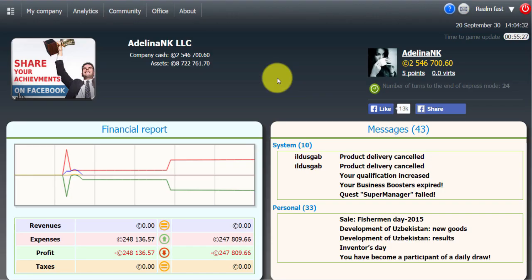Welcome to our business simulation. This is what you will see when accessing here. What is important? From the left-hand side, you will see the current cash of your company and assets. If you scroll to the right, you will see the timer, which shows the countdown time left till the next recalculation. In order to monitor and manage your company, you have to click on My Company,